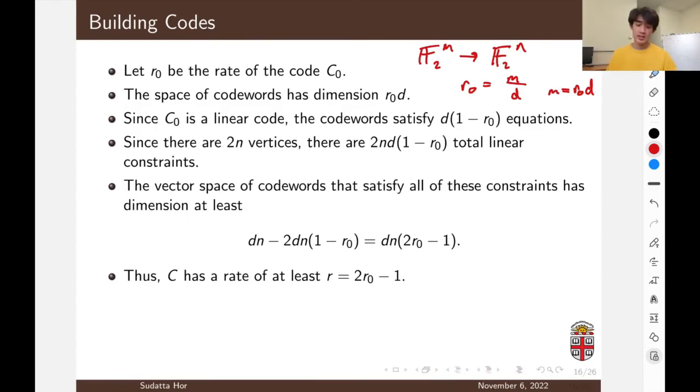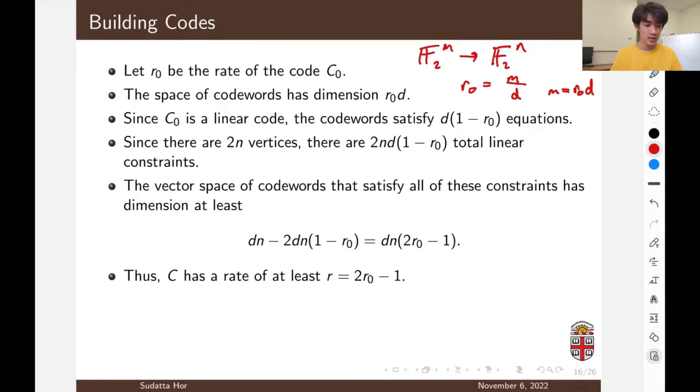So this is actually representing the space of our code words,